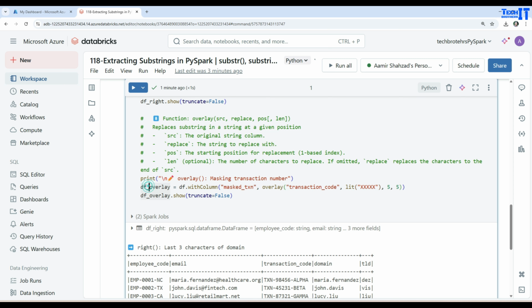So here I'm creating a new data frame called df overlay, and this is the original data frame that we had, and that's equal to df dot with column. So we are adding a new column to our very original data frame, and then saving it into df overlay. Now the name of the column is going to be mask txn, and then we are applying a function to get the value for this. So this is a new column we are adding, but the value for this column is coming from this function, or this part of it. So it says overlay,